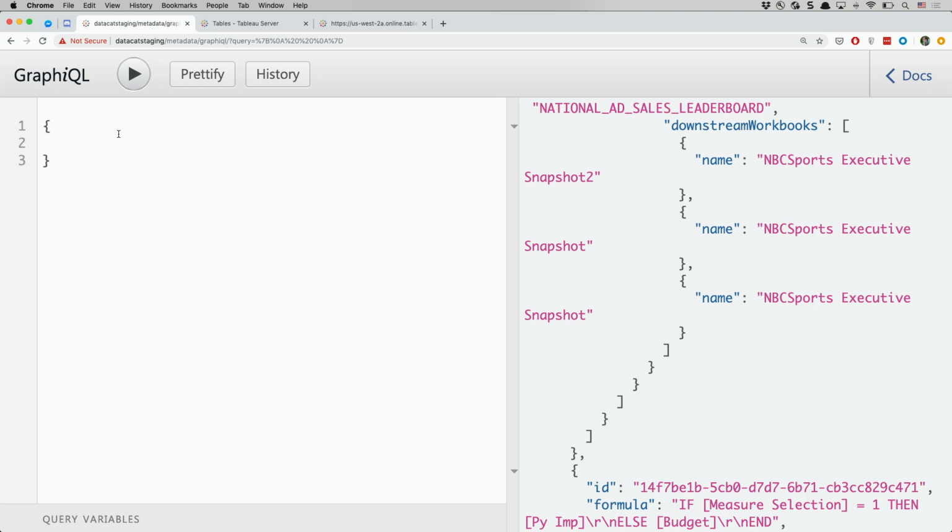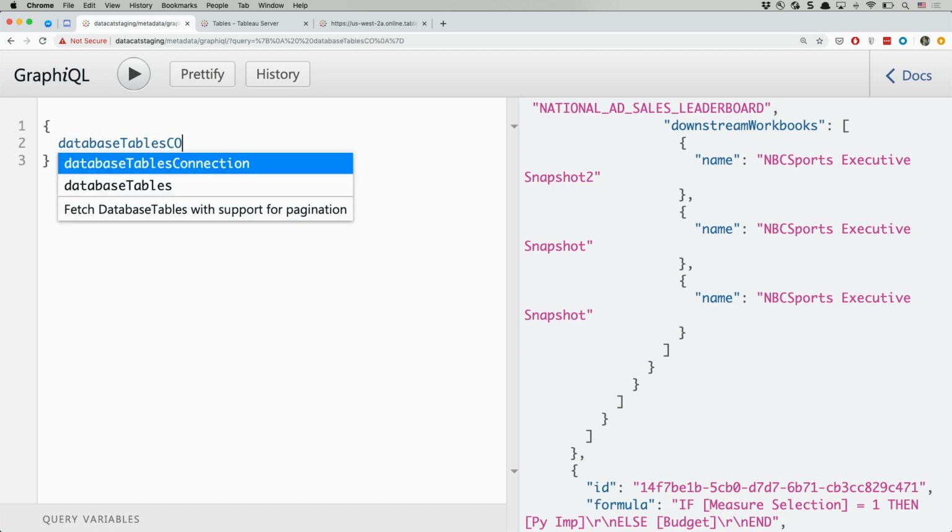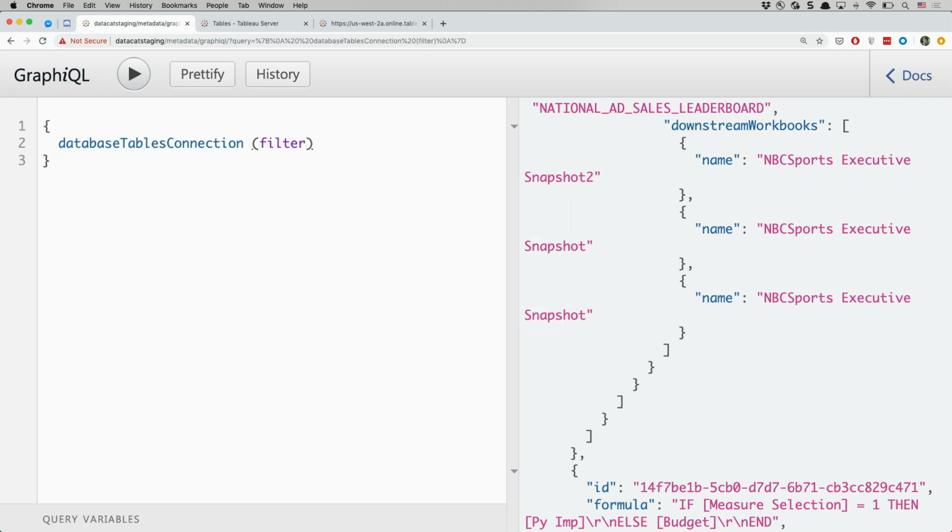So we introduced a new type of permission just for the graph called obfuscated permissions. And the principle is really simple. If you have permission to see something, you have permission to know that it's related to other things, but you might not necessarily know what those things are, just that they exist and who owns them, so you can hopefully email them. A great example of that, if I go to, let's do database tables connection,